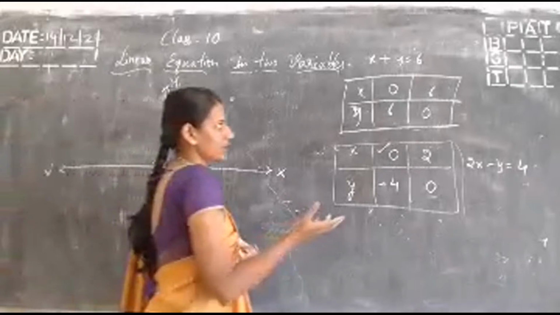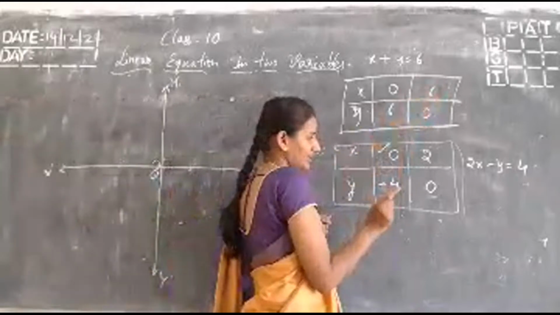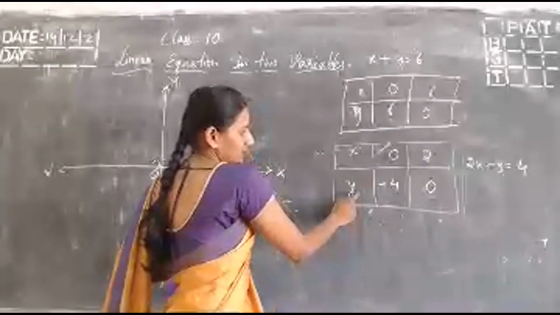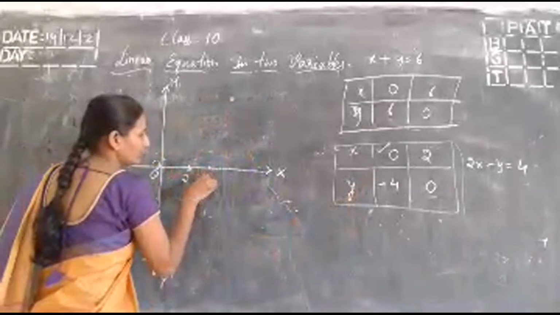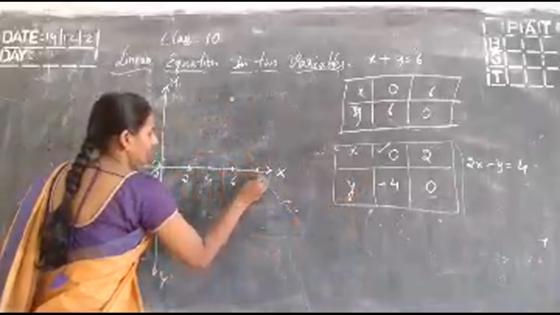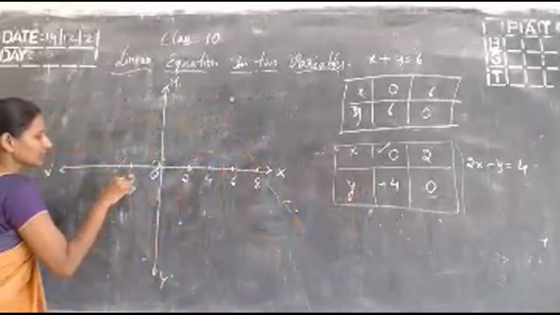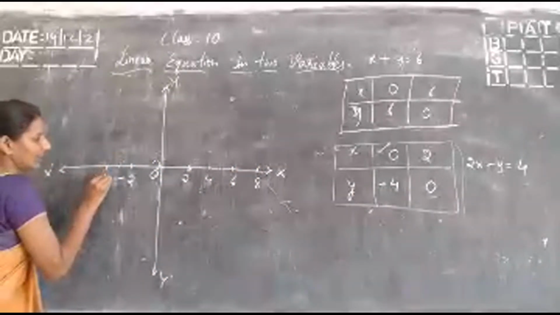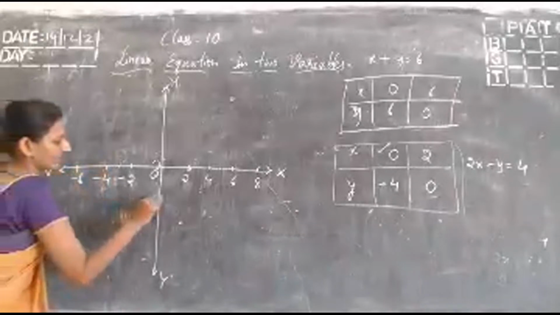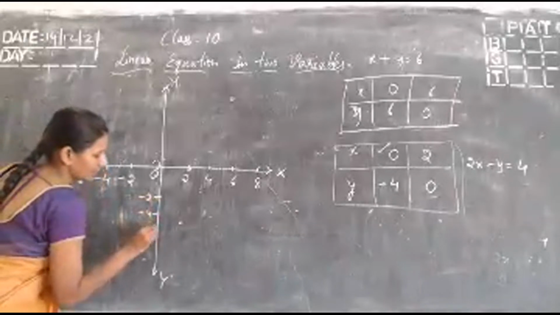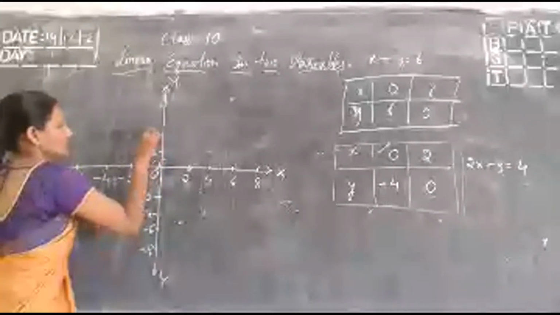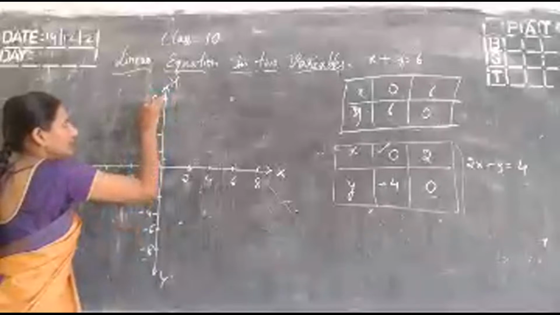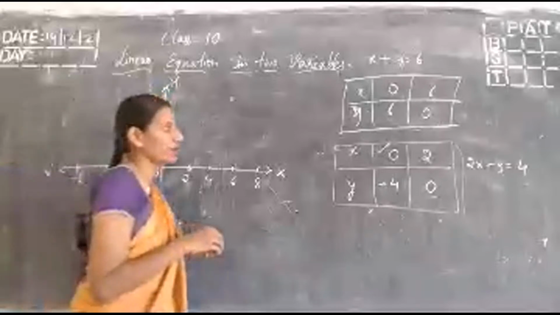Okay. How many points are there here? Positive is 6, negative is minus 4, that is in the y-axis. Simply take 2, 4, 6, 8, and minus 2, minus 4, minus 6, minus 8. And 2, 4, 6, 8. See, I have already said, always you have to take